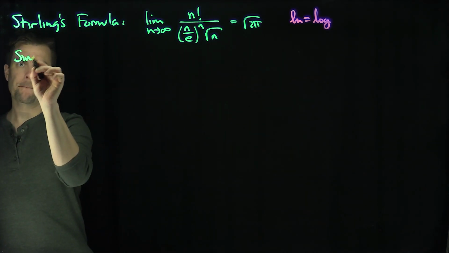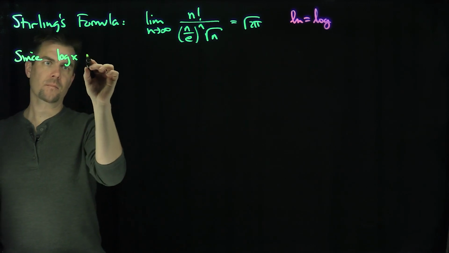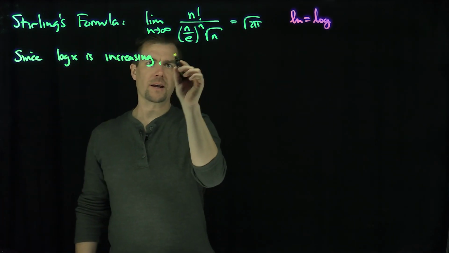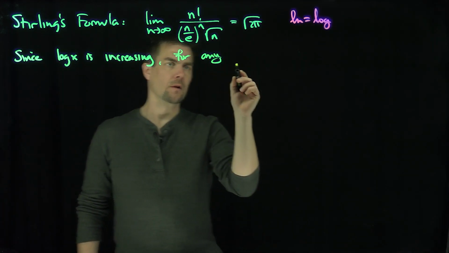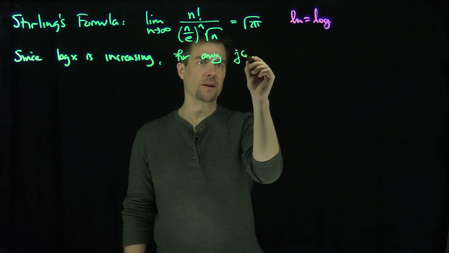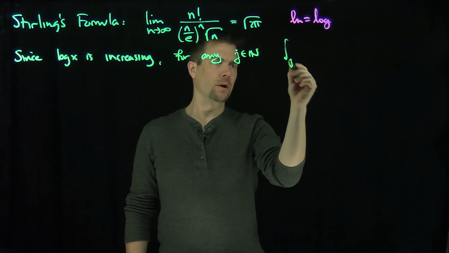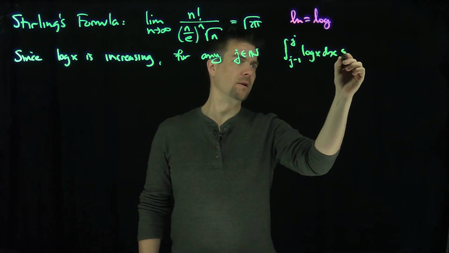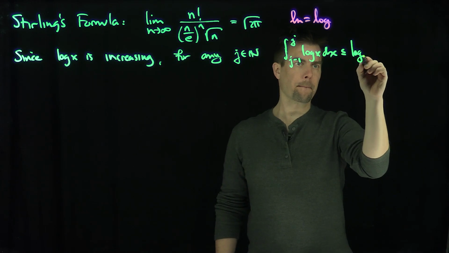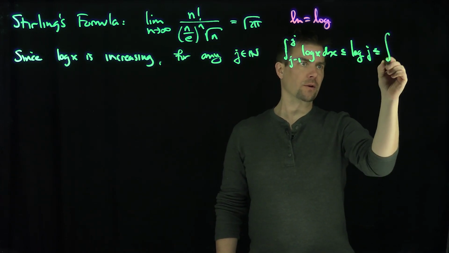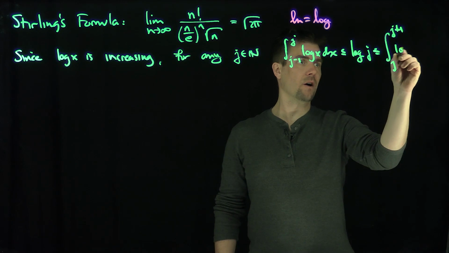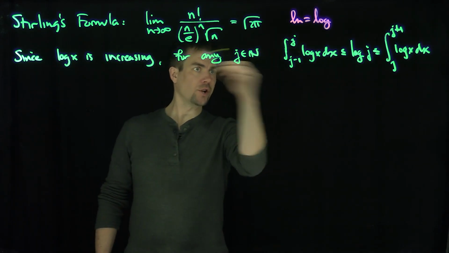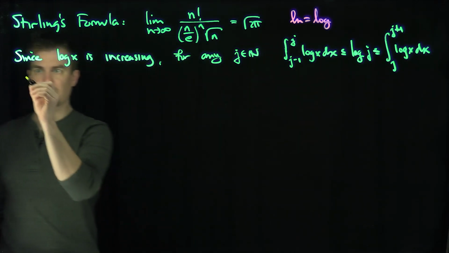So since log of x is increasing, we know for any j in n, we have the integral from j minus 1 up to j of the log of x dx is less than or equal to the log of j, which is less than or equal to the integral from j to j plus 1 of the log of x dx. And if I sum this relationship from j goes from 1 to n,